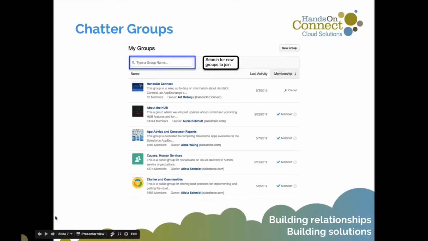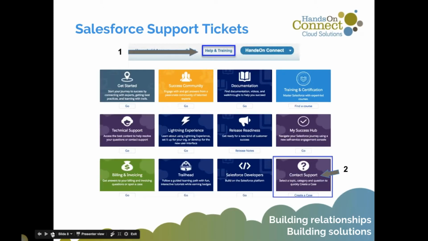So going back, I wanted to show you one other area, which is how to get support for Salesforce questions. In your Salesforce org, in the top right, you should see a link called Help and Training. When you click on that, you're brought to this page that provides you lots of great documentation, information about the upcoming releases, Trailheads, which we've talked about before. But if you aren't able to find the answer to your questions, you are able to contact support and